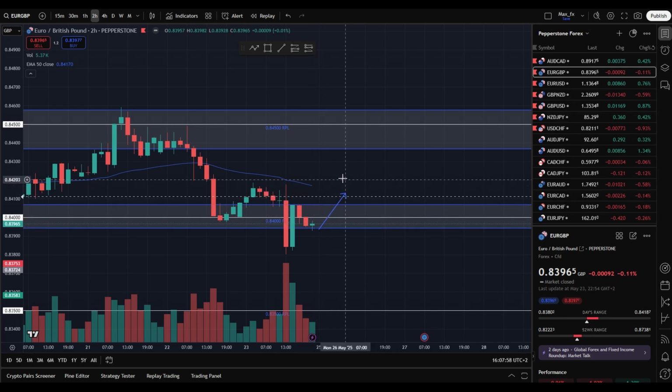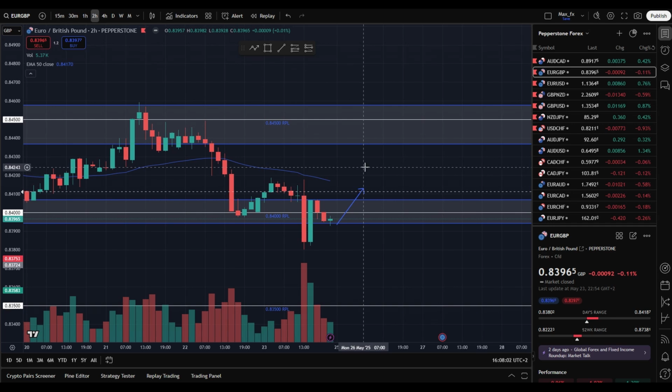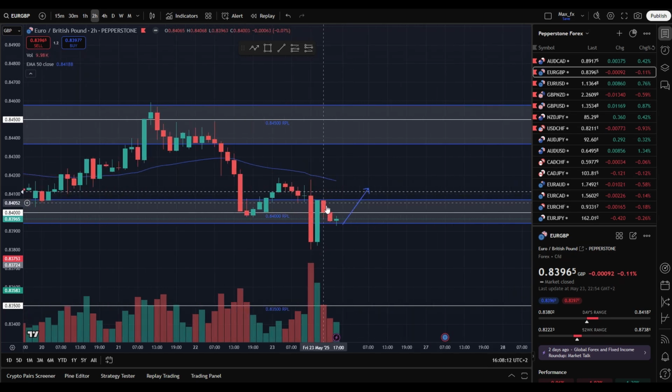Depending on if I am going to catch it, I'm definitely going to be waiting till the London session again. It might form prior to the London session, but I do not want to enter very early on a Monday. Didn't really have much great experience with that. So I'm going to be patiently waiting for a bullish candlestick to form here to then maybe open a